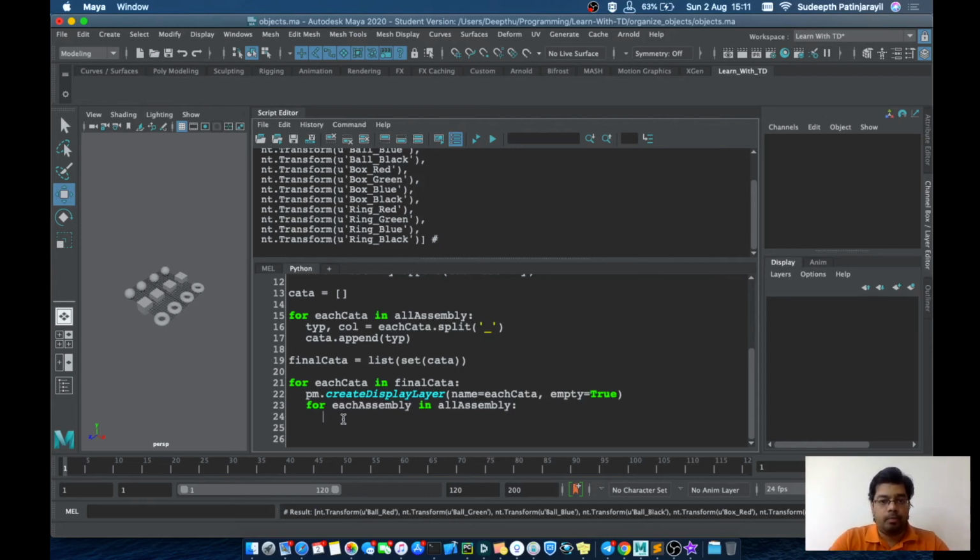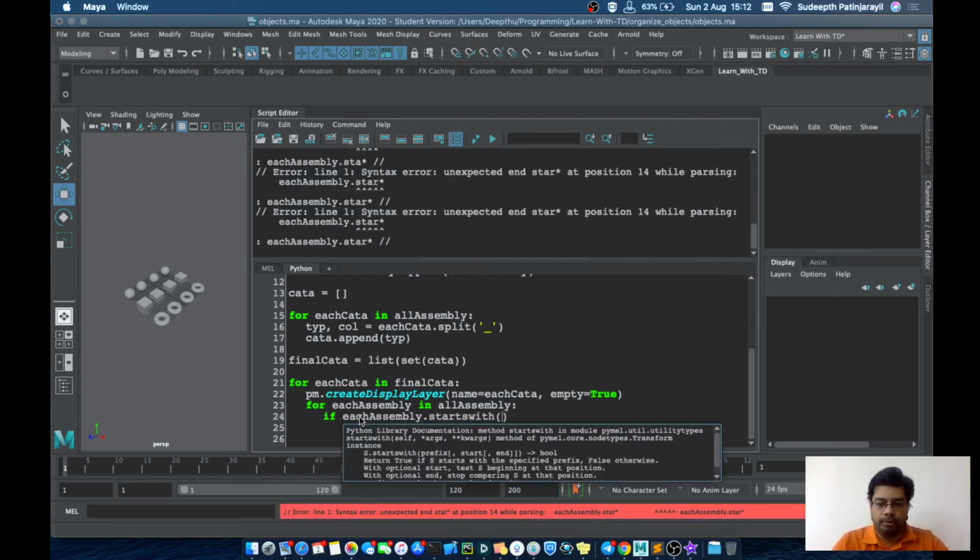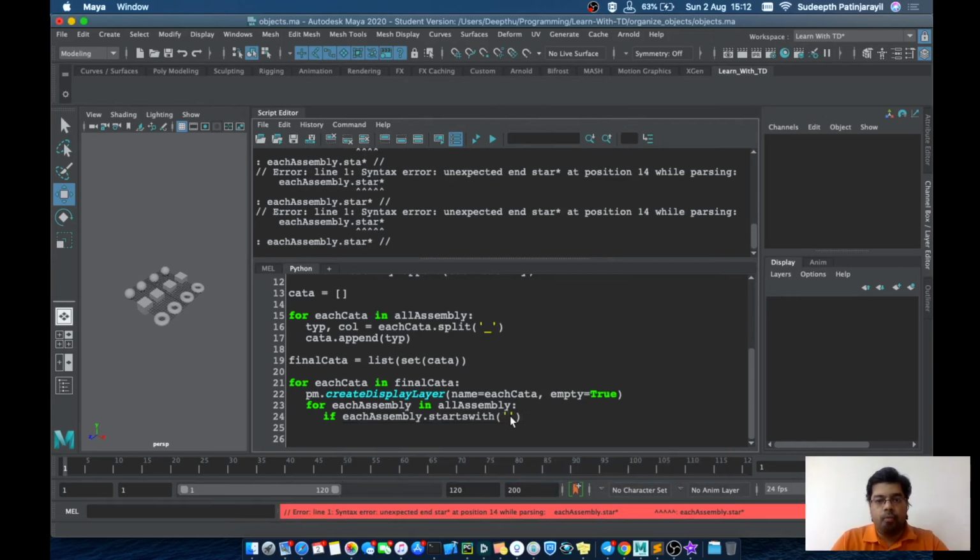So if each assembly dot startswith, startswith checks whichever string is starting with the string which is provided over here.